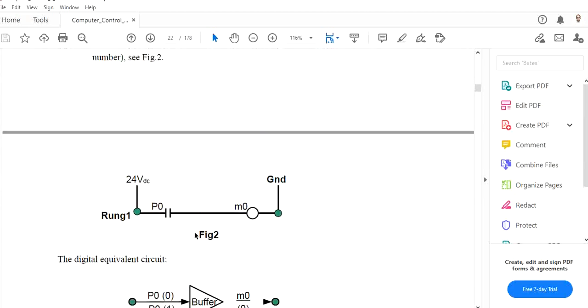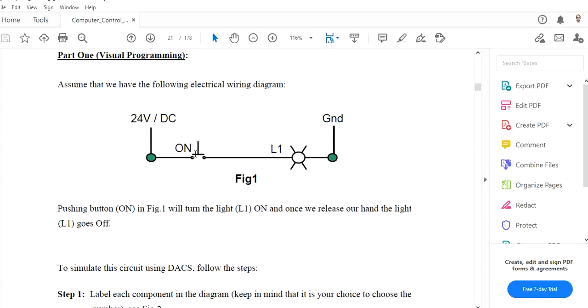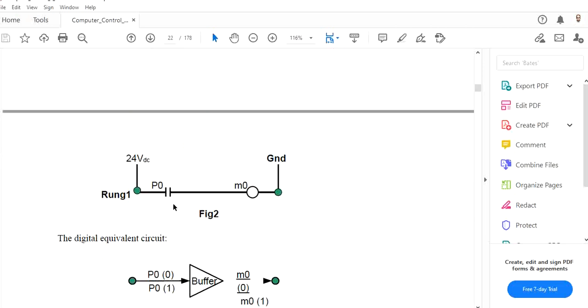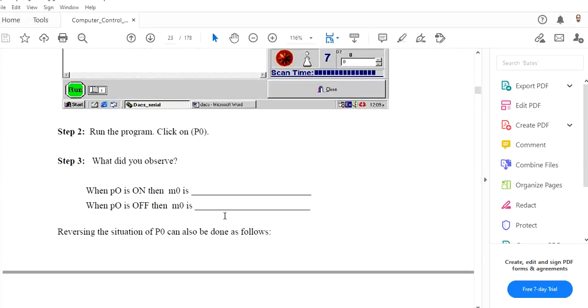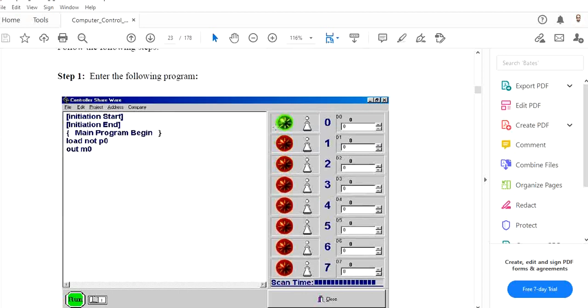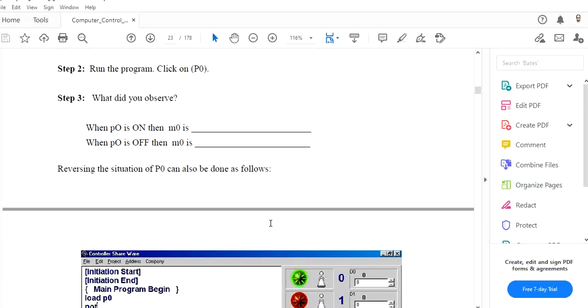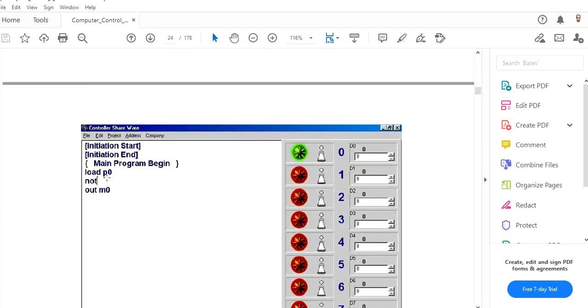And you know how we do the normally close. It will be a close push button, and here it will be this close also. Similarly, we have load not, which means this switch becomes like a normally closed switch. I can write the same thing like this: load P0 not out M0. It is the same thing, but now it remains the push button, and in the middle I add a logic not. So not out means when it is pressed,